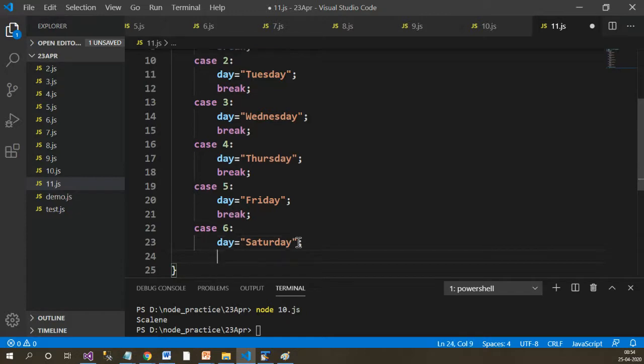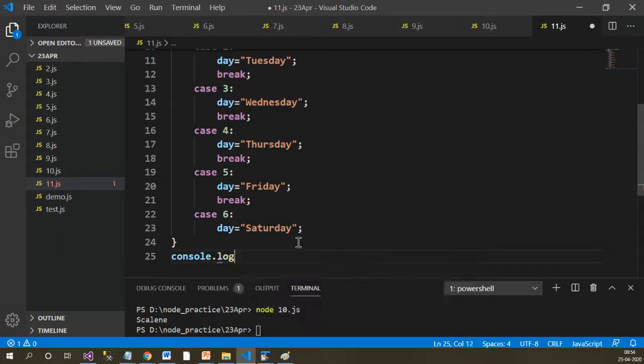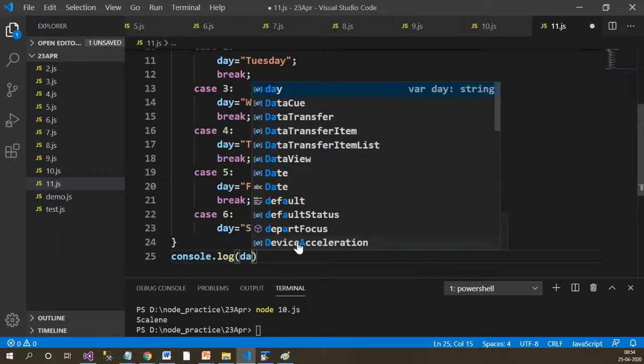And let's break it, or even not necessarily, we'll jump out of it. And console.log to print the day.